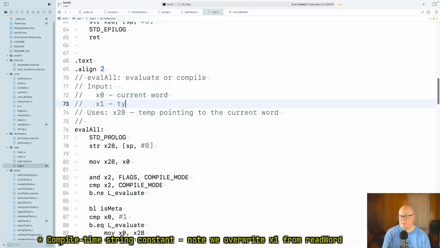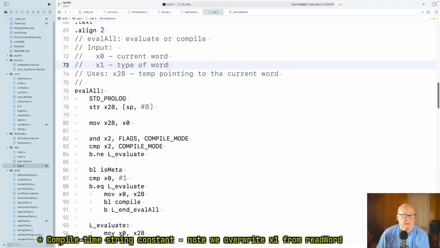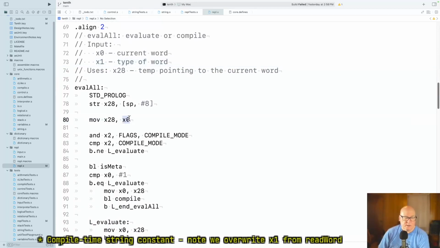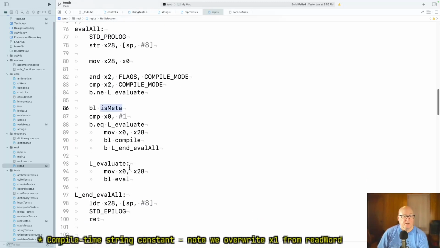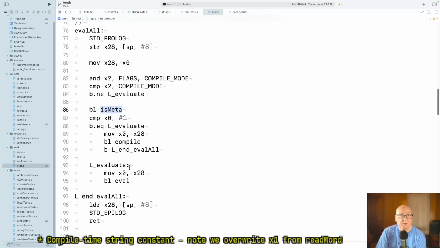So X1 is the type of word. Okay. And we saved X28 to hold X0, but then we called isMeta, which destroys it, or potentially destroys X1. So we've got to store X1 somewhere while we decide what to do. And so eventually it comes down to compiling. We get X0. Okay, so,